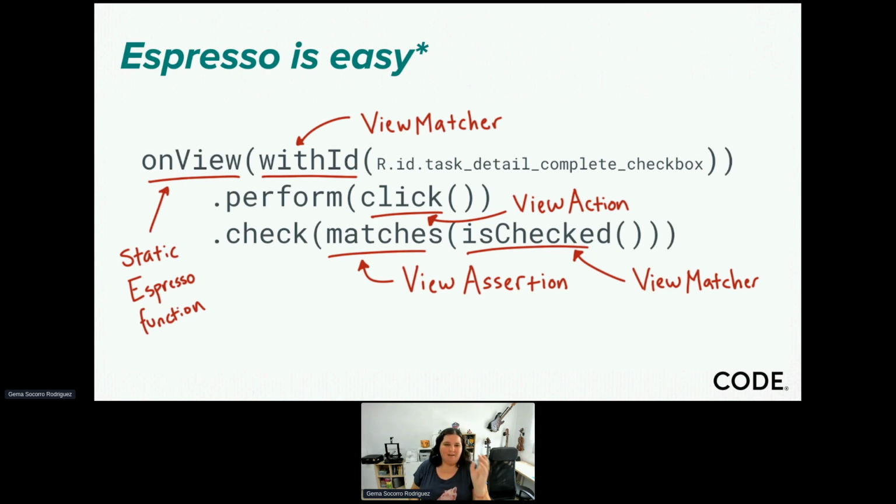You can search it by ID or by text. Then you can perform stuff over this view, for example, a click. And then you also can check if a situation is matched. For example, in this case, we are checking if this component, which is a checkbox, is checked.